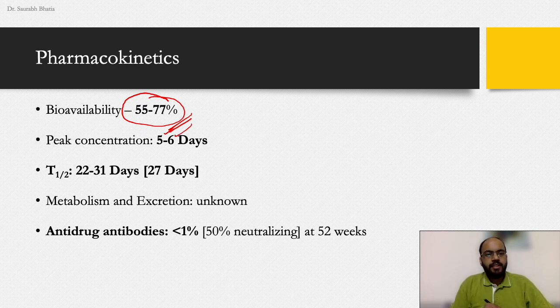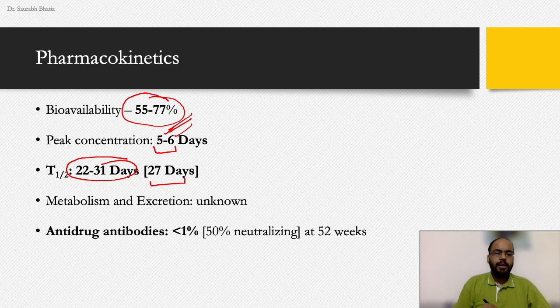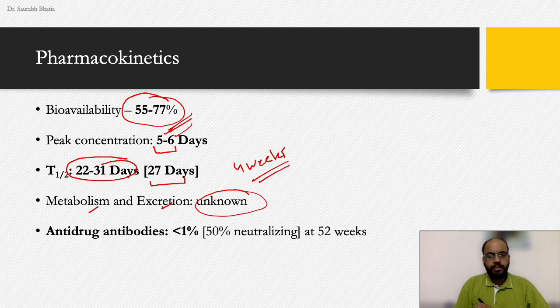Peak concentration is reached in 5 to 6 days after the first dose. T half ranges from 22 to 31 days, average of 27 days. Okay, so remember it's roughly about 4 weeks, and you will remember 4 weeks when we will discuss the regimen in psoriasis. The metabolism and excretion is unknown like all other biologics, but remember that it's an IgG1 based biological,